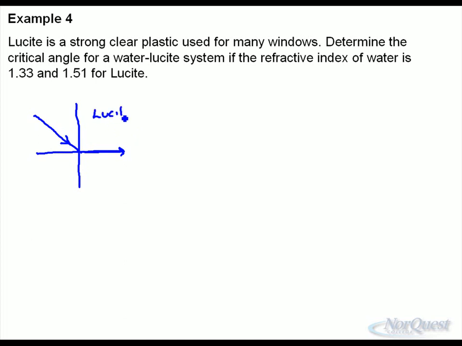Lucite has to be the incident. Water has to be the reflected. It will not work the other way around because you would bend towards the normal in this case. This is a case where it's going to speed up, and speeding up is going to bend away from the normal. So when you set this up,